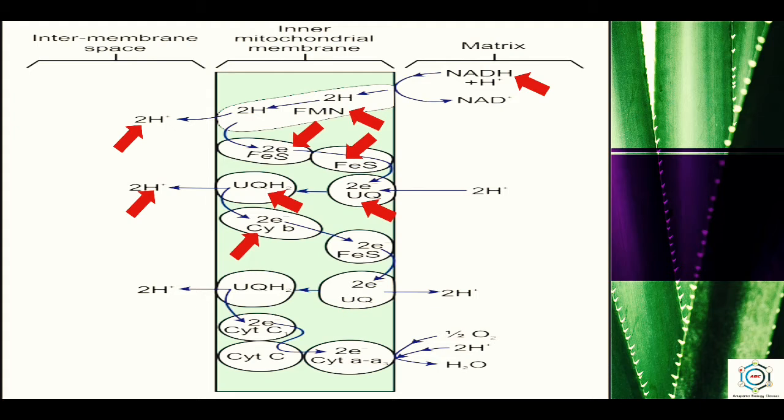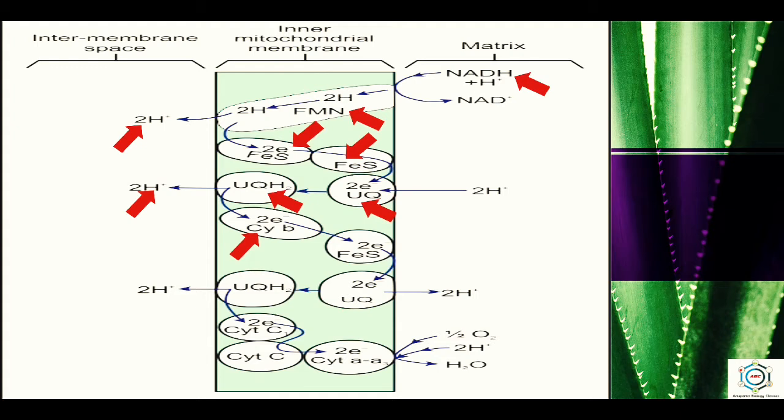The FADH2 reduced in the Krebs cycle also enters through complex 2 into the electron transport system at this stage by transferring its 2 hydrogen to ubiquinone. The ubiquinone is reduced to ubiquinone H2. Evidence suggests that NADH plus H plus reduced in the glycolysis also enters into the electron transport system at this step. The NADH reduces a flavoprotein containing NADH dehydrogenase located on the outer surface of the inner mitochondrial membrane. The reduced flavoprotein then enters into the main pathway by transferring 2 hydrogen to ubiquinone.